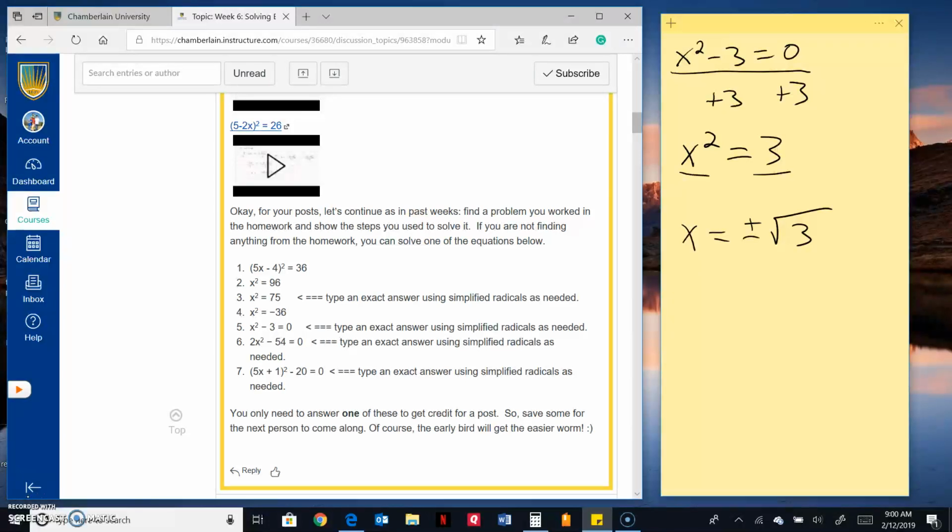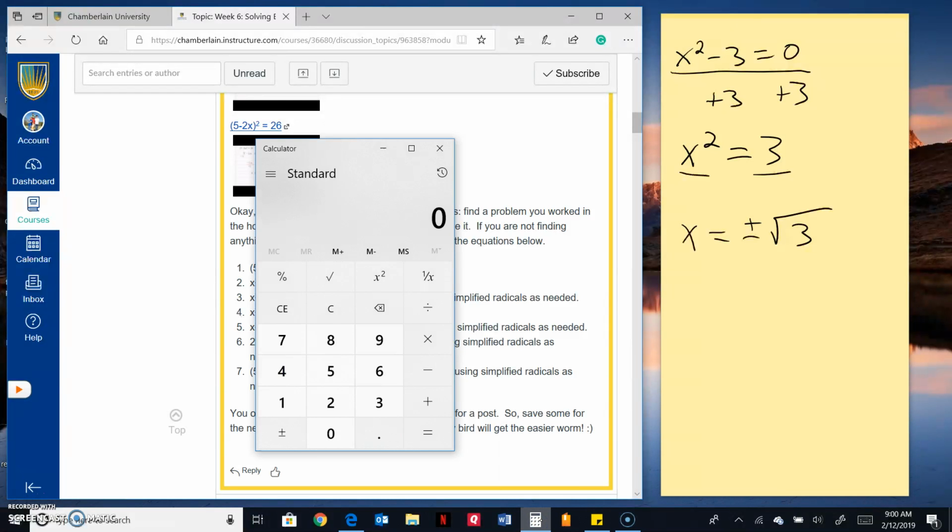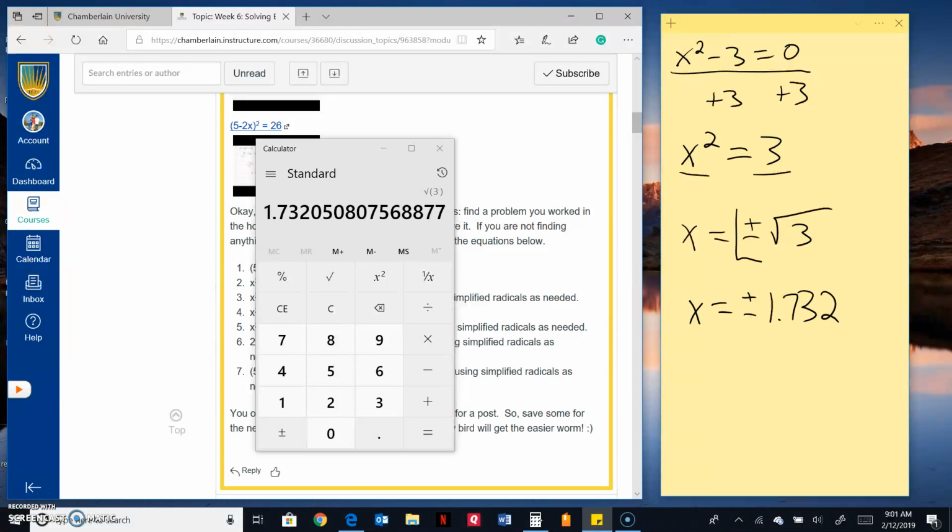Or, using our calculator, the square root of 3, x equals plus or minus 1.732. So both of these answers would be correct,